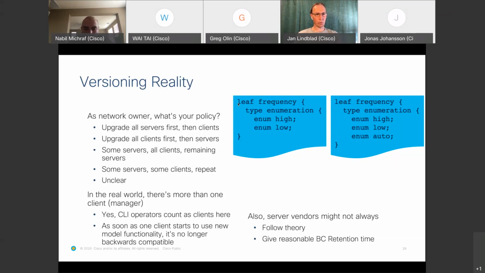I'd say that when I speak to network owners, reality tends to be towards the lower half of this list. And when I speak to Yang module implementers, it tends to be more